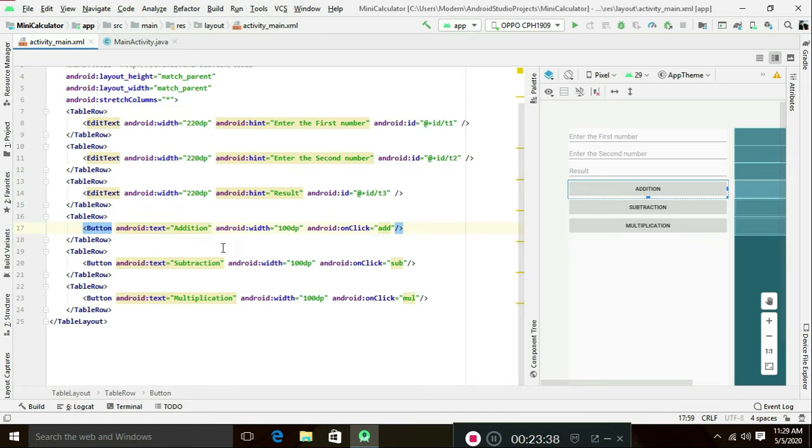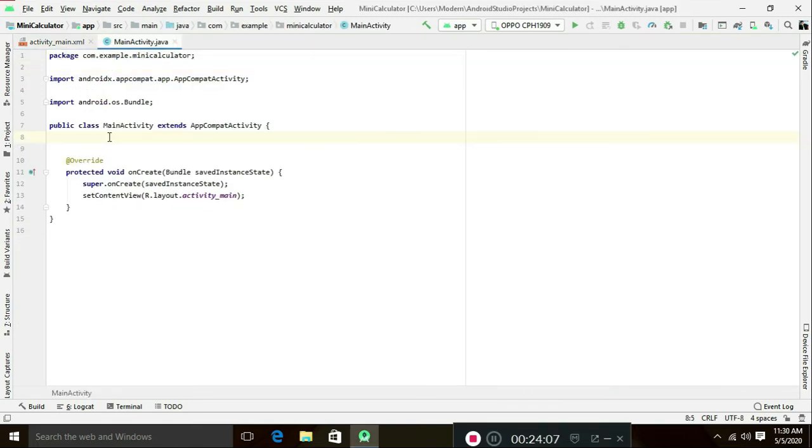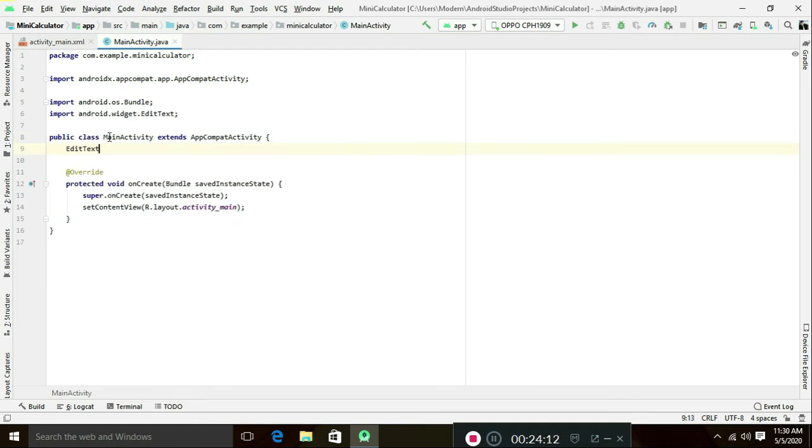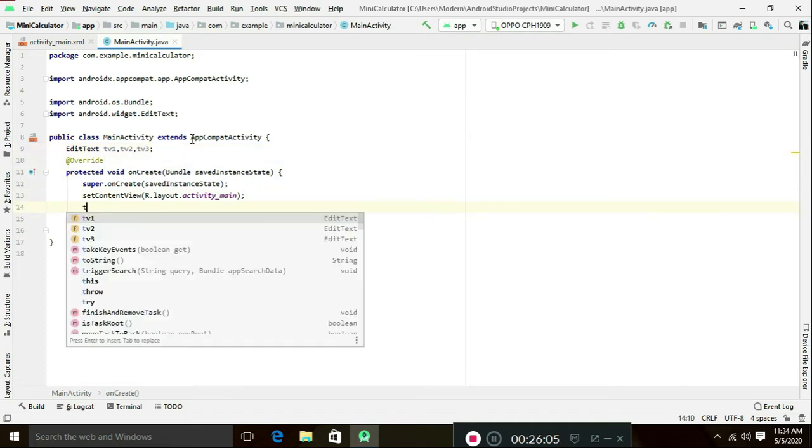Opening the Java file, MainActivity.java. Implement the EditText declaration as global declaration: tv1, tv2, tv3. That means TextView1, TextView2, TextView3. Declare three variables, then initialize the variables. tv1 equal findViewById.